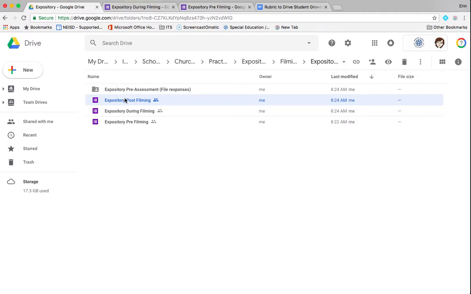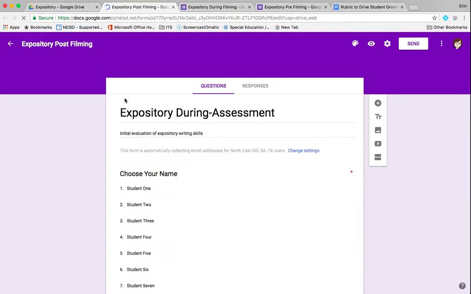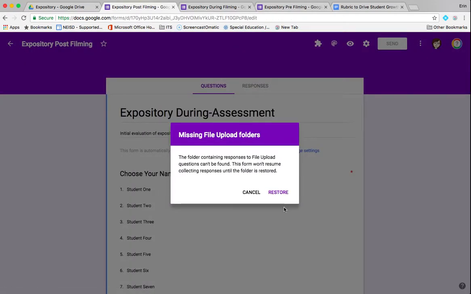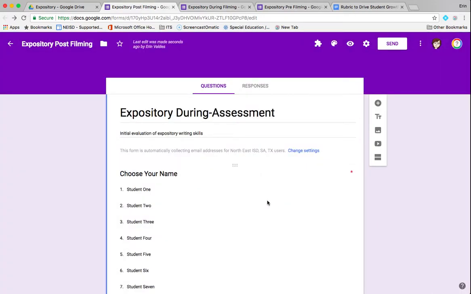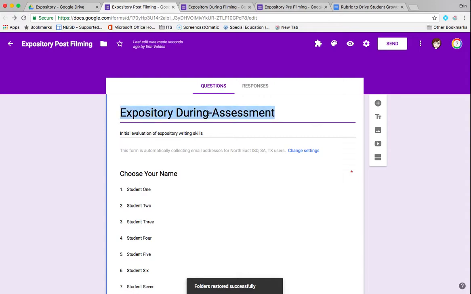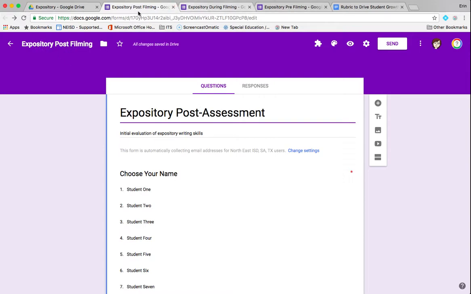Okay, so I am going to open my post and make sure that I rename it and connect my folders. If these are brand new forms and you have not used them before, you haven't made a copy, you will not be prompted to connect these or restore these missing file upload folders. This is just if you've made a copy of a form and are using it again. So post, so now I have expository post, I have post, during, and pre, and I am ready now to go back to my drive